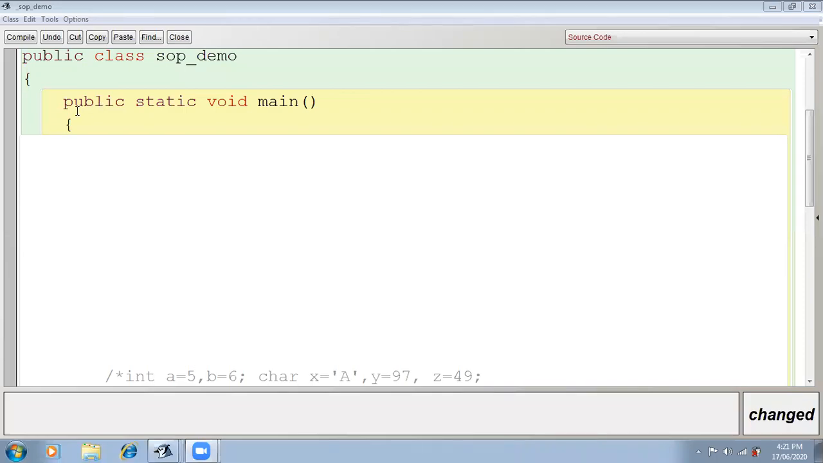Now see, public static void main. So main is the name of the method. Here you can write main, arrow, this is the method name. Method means function. Main is the method name. Then how will you understand that main is the method name? When any identifier name